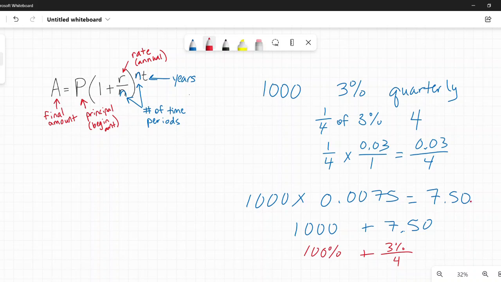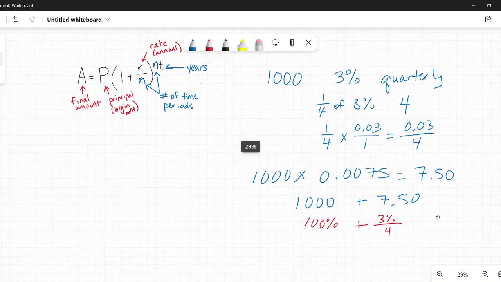So, okay, if I represent this in decimal terms, since I'm replacing 3% with 0.03, I'm going to replace 100% with 1. So that's the rate, and if I multiply that by 1,000, I'm going to get the amount I make in that quarter. Excuse me, not the amount I make, but